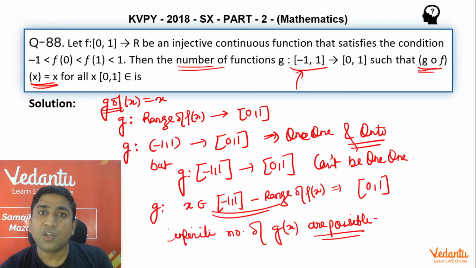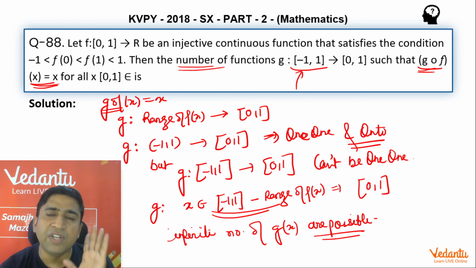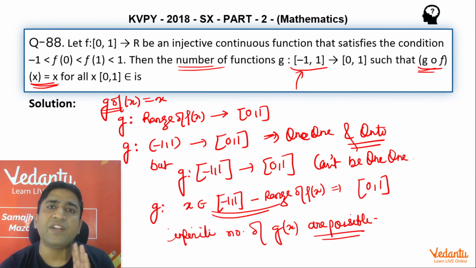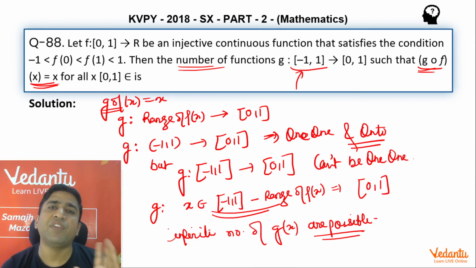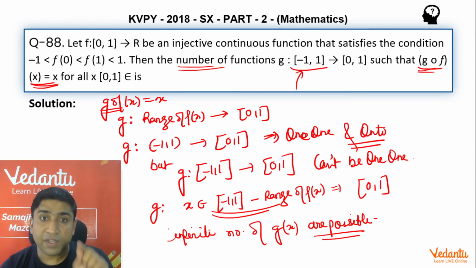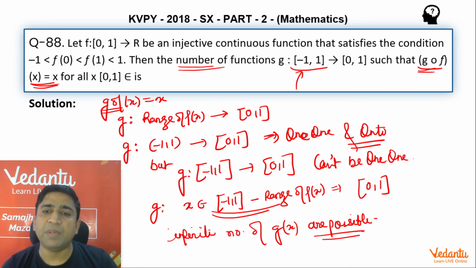But how about the closed interval [-1, 1]? Definitely in this interval it cannot be one-one. If you visualize the leftover interval between -1 and 1 outside the range of f(x), I can have infinitely many such combinations. All the values can pick any values from [0, 1], as it is not going to make any difference to g(f(x)). Which is why I'll say I can have infinitely many such functions g(x). That is why the correct answer for this application is that an infinite number of g(x) are possible.